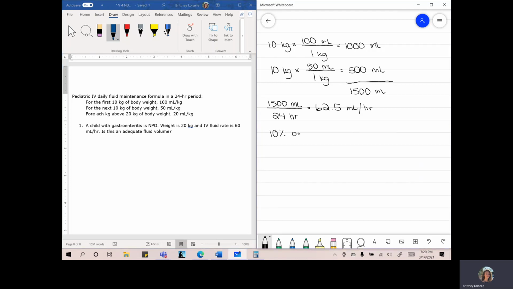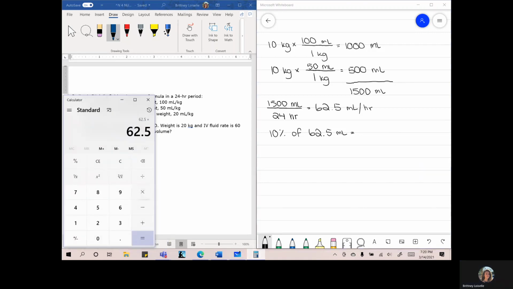10% of 62.5 milliliters is 6.25. So we know that we can go 6.25 milliliters per hour either above or below. So if you think about it in a range format,